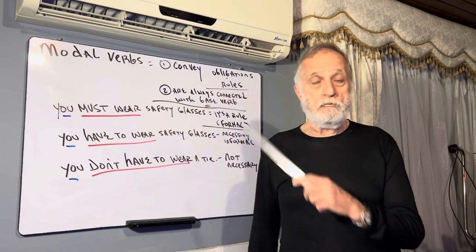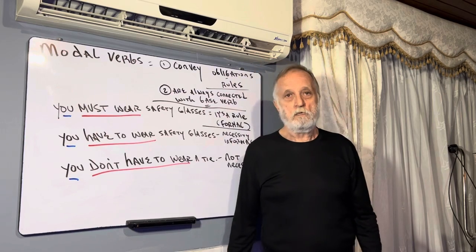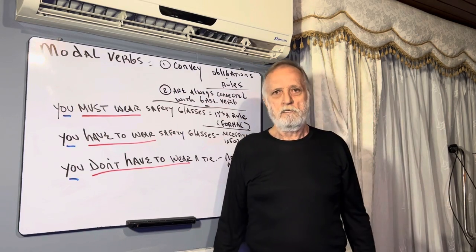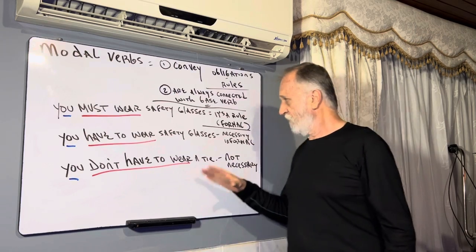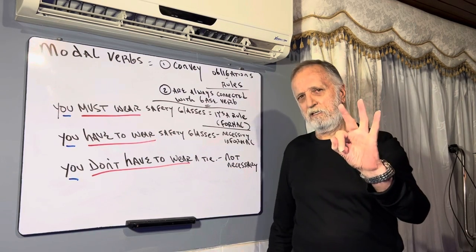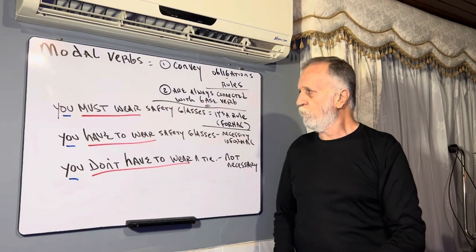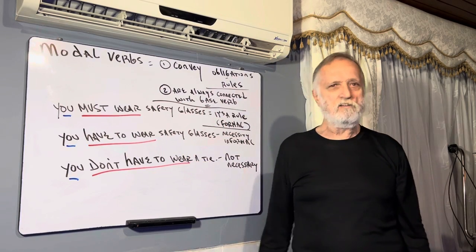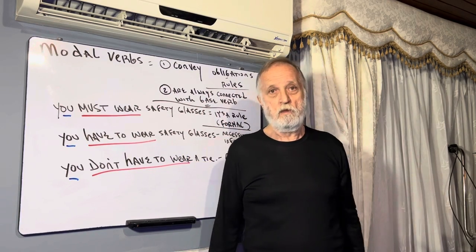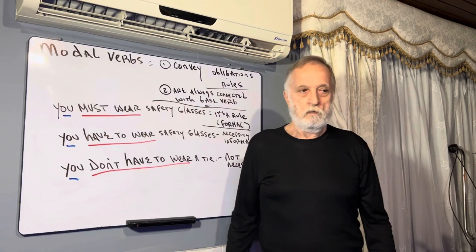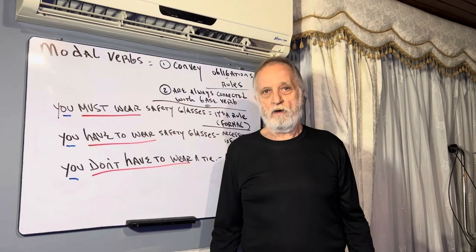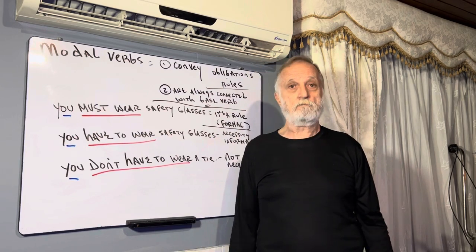When you go to the beach here in Puerto Colombia, you don't have to pay. It's not necessary. You just do it. So the first three modal verbs that we want to focus on is what are some of the things you have to do and that you don't have to do. Me, I have to take medicine. I have to. If I don't, there's a problem. Okay?